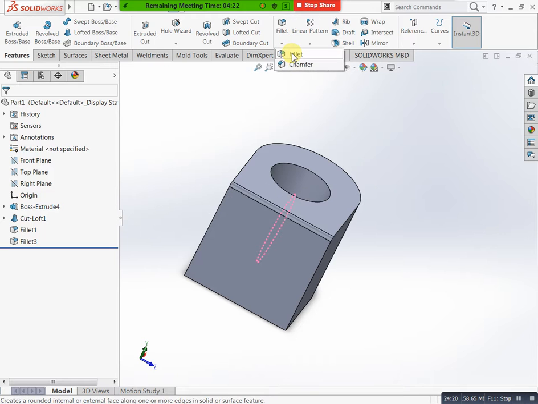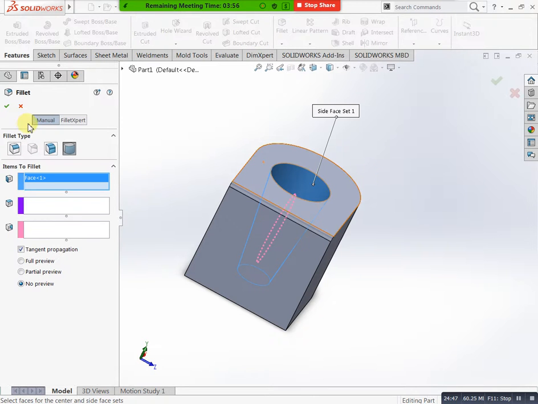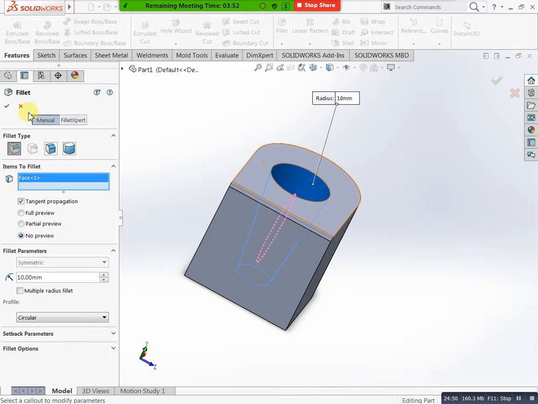This side we have, this side we have. This is face selection. If you need edge selection, you can go with this. You can select required edge only, not a face. Select, delete. You can select this edge only. See now. If you need edge, you can select directly. If you don't need edge, you can select your face also applicable. Face means automatically how many edges is there in that face. Automatically that all edges will be converting into curved edges. Okay, that's why you can select your face or number of edges, how many edges you need for fillet. You can create that one.